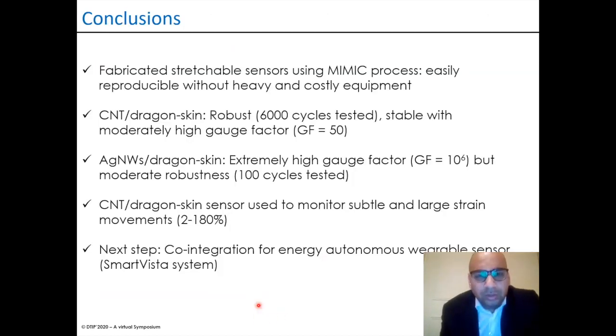So to conclude our work, we have shown that we have fabricated highly stretchable sensors using a simple mold process, which shows that we can reproduce these devices without any heavy and costly equipment. So it's a very low cost approach to make this stretchable strain sensor using CNT Dragon Skin composites. We have seen that the devices are quite robust, and they have stable